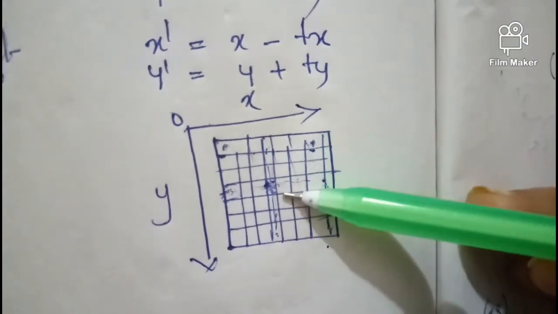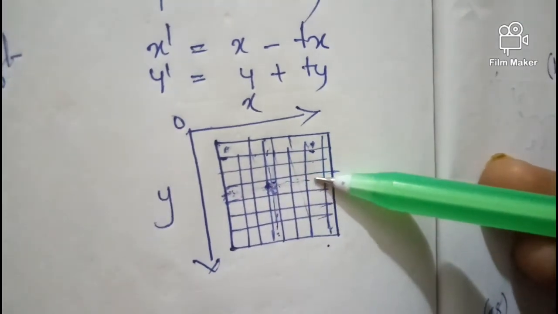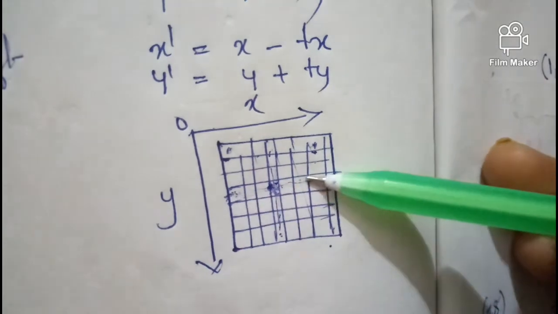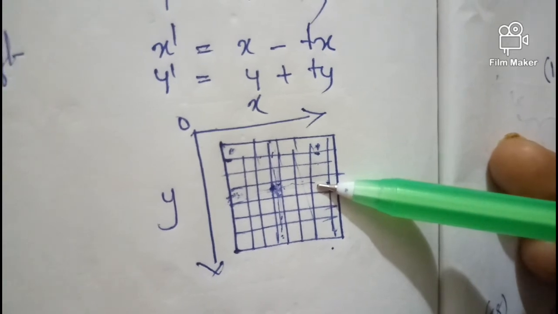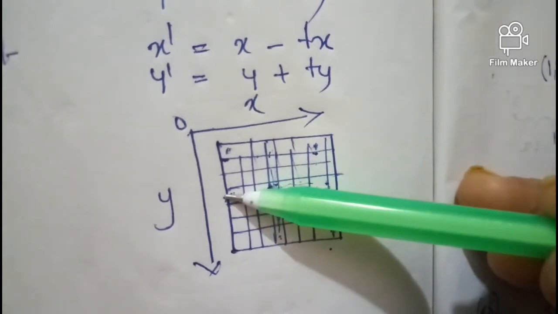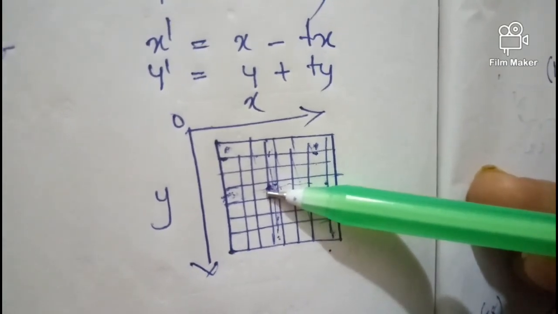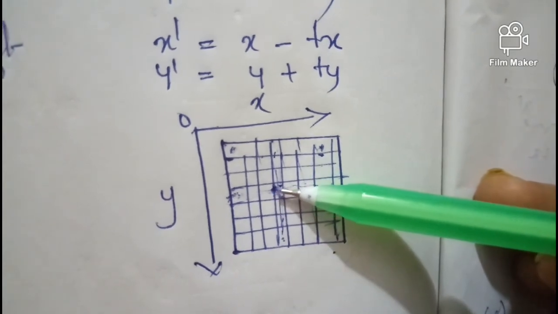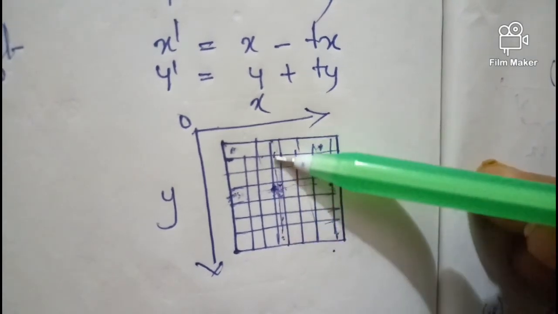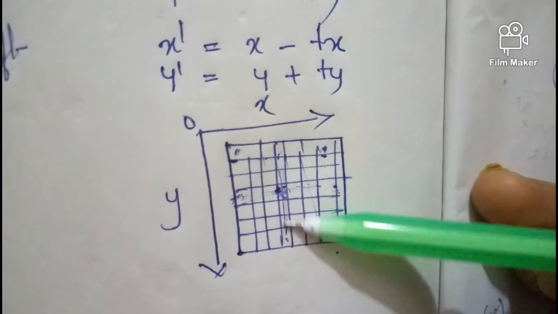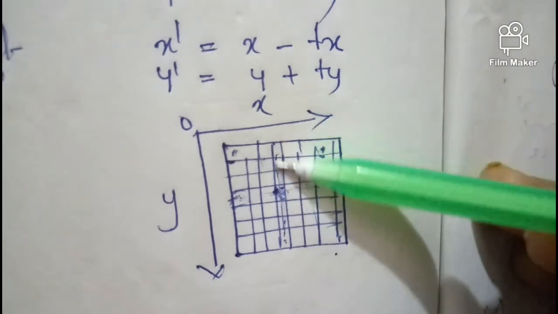Okay, now one more thing. If I am moving right or left, that means if I am moving towards right or if I am moving towards left, there is no change in y, only the column values are changing. Clear? So a right or a left movement does not cause the y value to change. In both these movements, only the x values change. Similarly, when you move upwards and when you move downwards, you are in the same column. That means x value will not change, only the y values change.